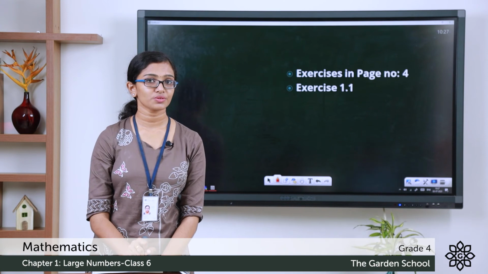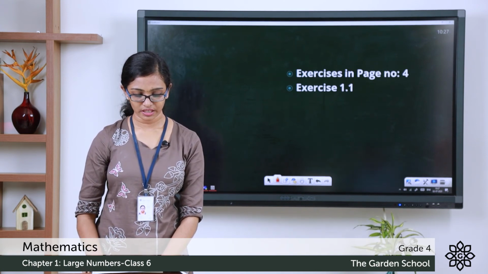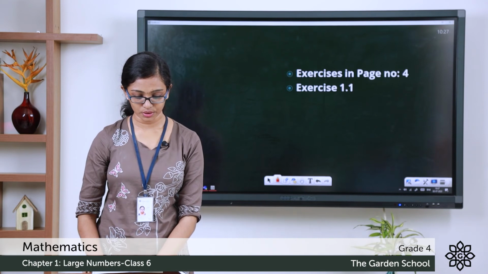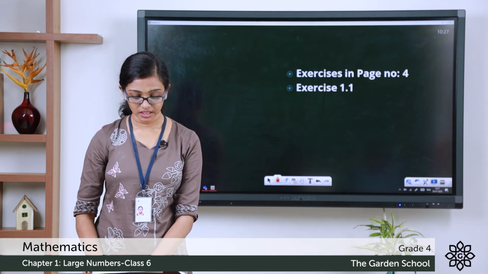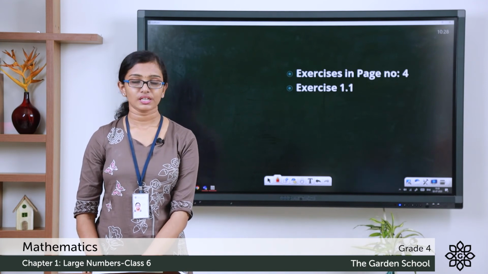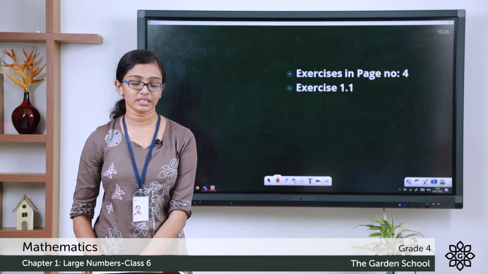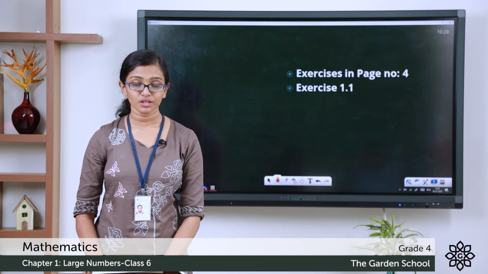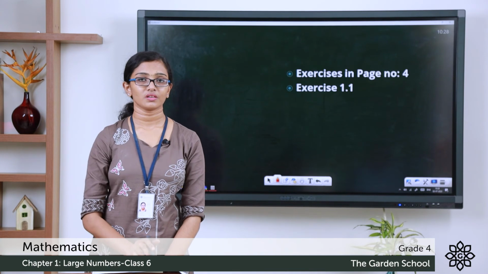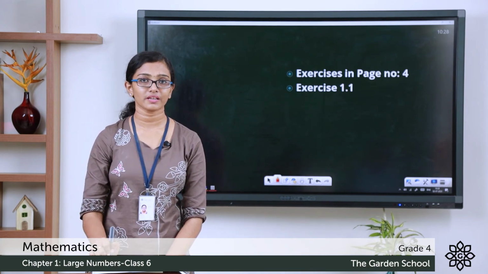In question C, you are adding in thousands. So the digit in the thousands place is changing. So it's 71,260, 72,260, 73,260, 74,260, 75,260 and 76,260. In question D, you are adding in 10,000s. Only the digit in the 10,000s place is changing. All the other digits are remaining the same.